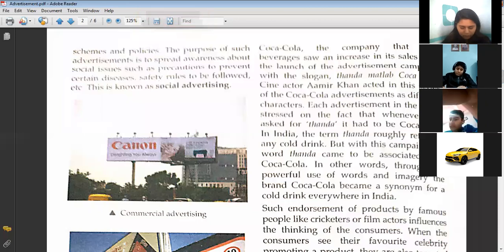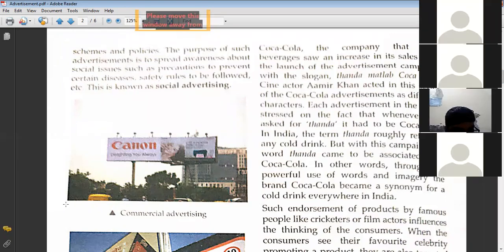Advertisement campaign with the slogan "Thanda matlab Coca-Cola." Film actor Aamir Khan acted in this series of Coca-Cola advertisements as different characters. Each advertisement in this series stressed that wherever one asked for Thanda, it had to be Coca-Cola. In India, the term Thanda roughly referred to any cold drink, but with this campaign, the word Thanda came to be associated with Coca-Cola. In other words, through the powerful use of word imagery, the brand Coca-Cola became a